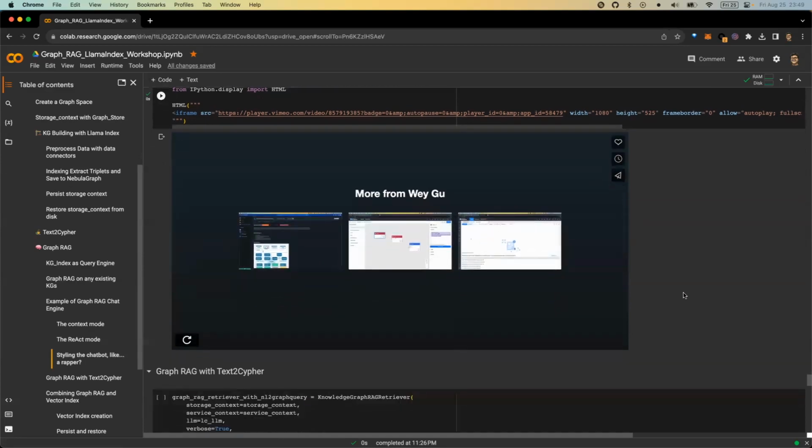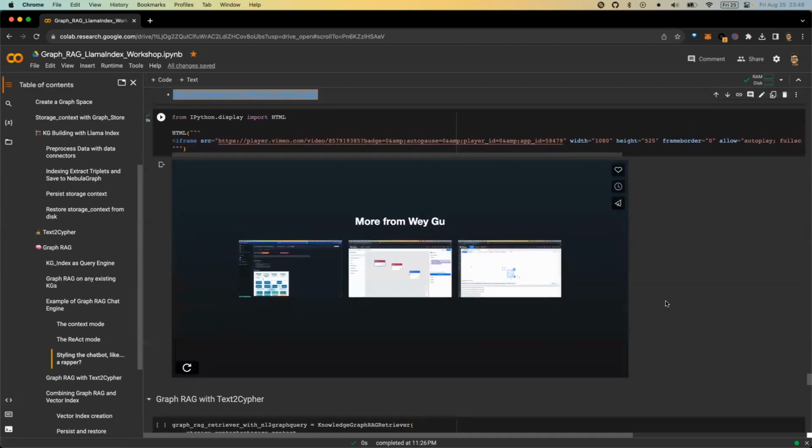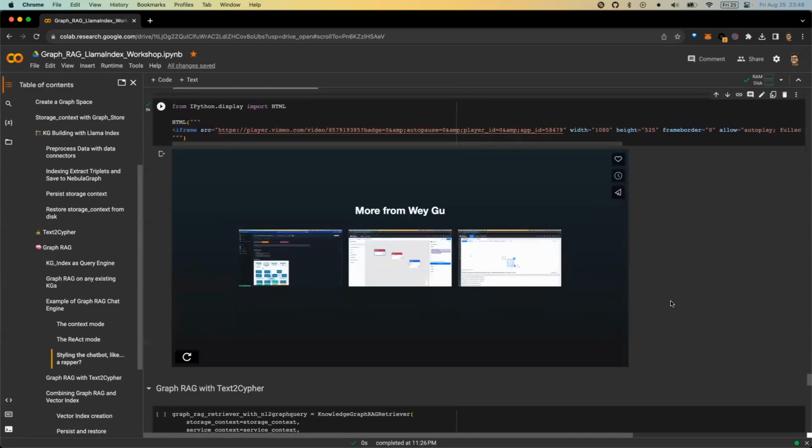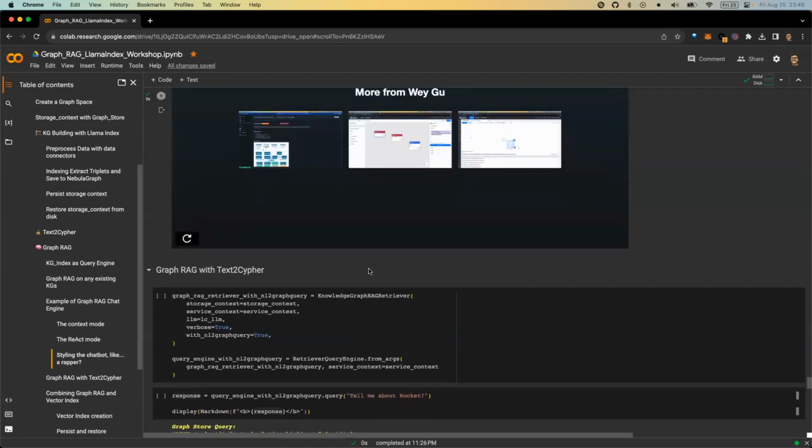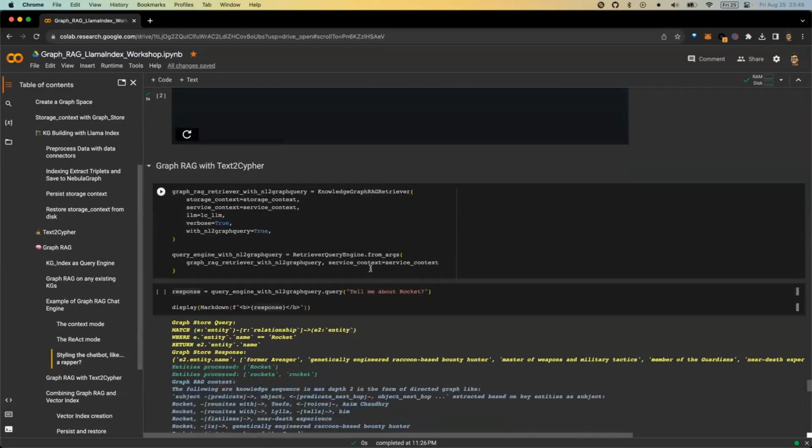So if you are interested, I highly recommend reading it, so you can really play with it in just 40 lines of code. Quite interesting. Okay, the next one is